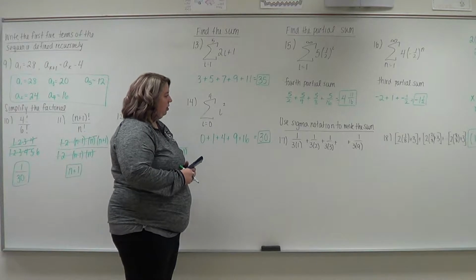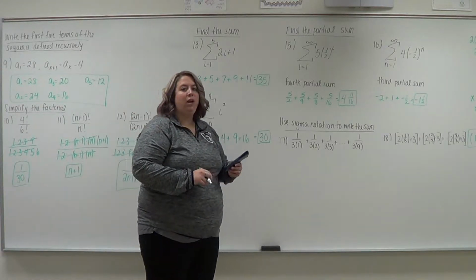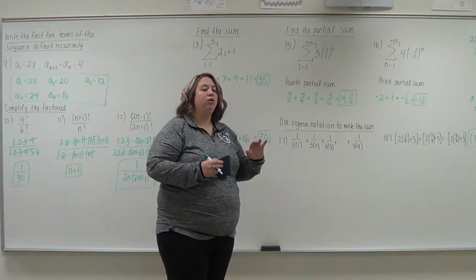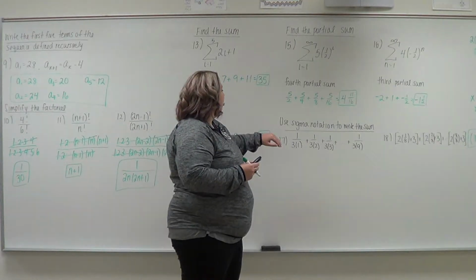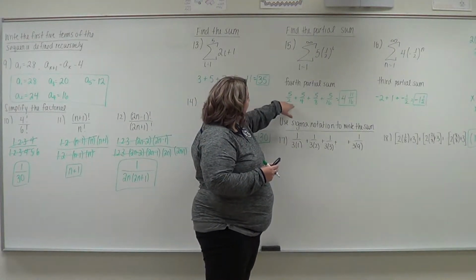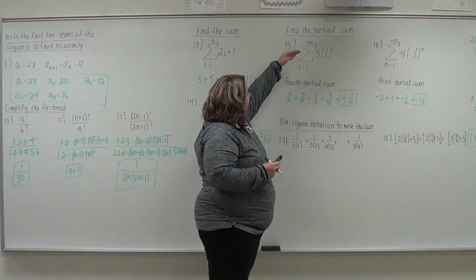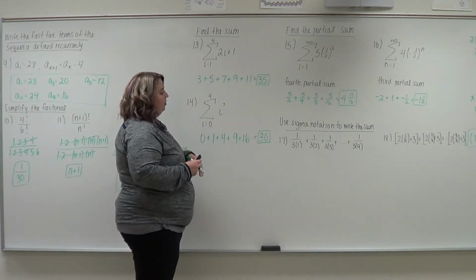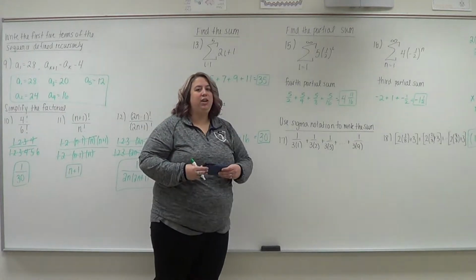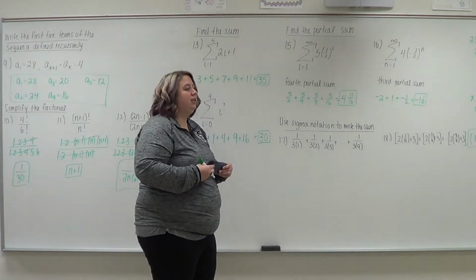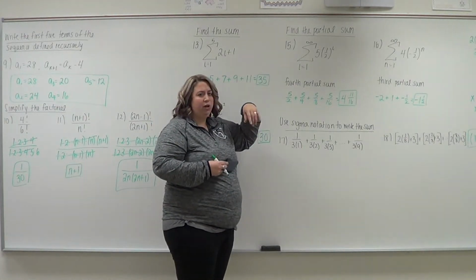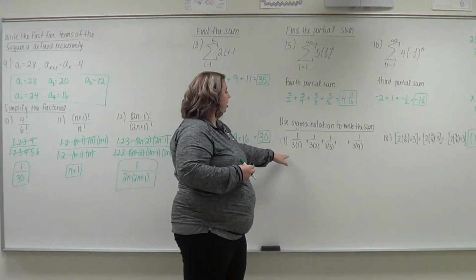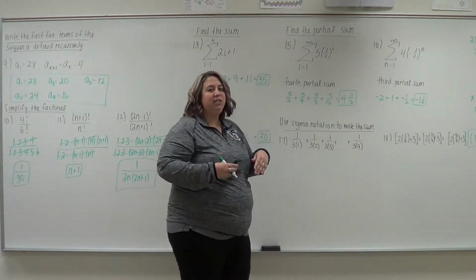Okay, then for the last part, they're giving you the equation, or they're giving you the whole sum. You're working backwards, going from the equation, or whatever your answers are, like these are my answers. I'm trying to write the equation. Just like we did here, we have the answers, going backwards and writing the equation. Okay, this is a little easier than when we talked about the first part of the equations, because at least it's giving you a starting and a stopping point, and at least you can see what's changing